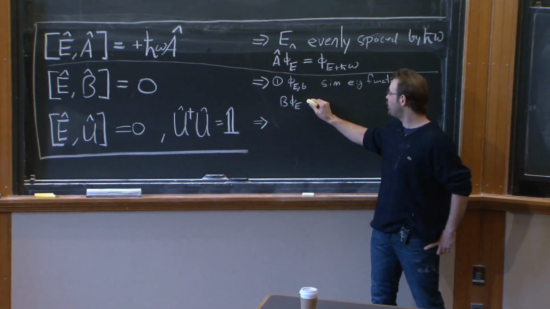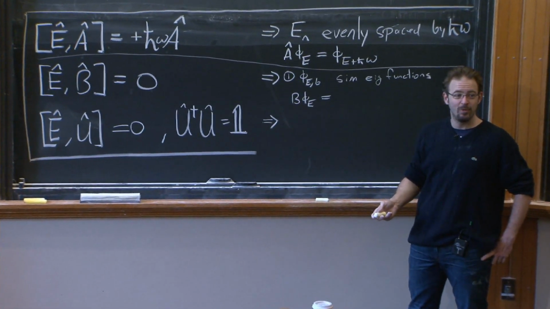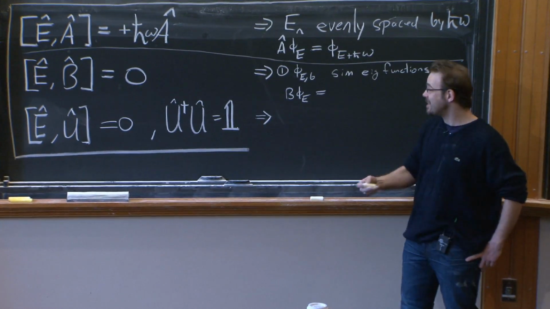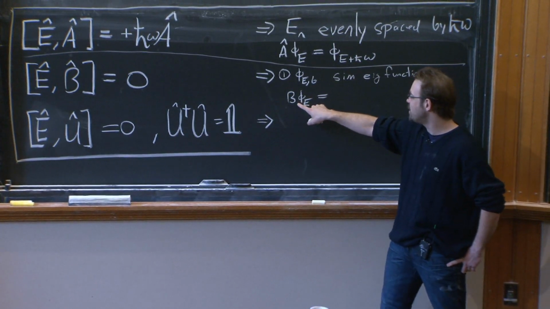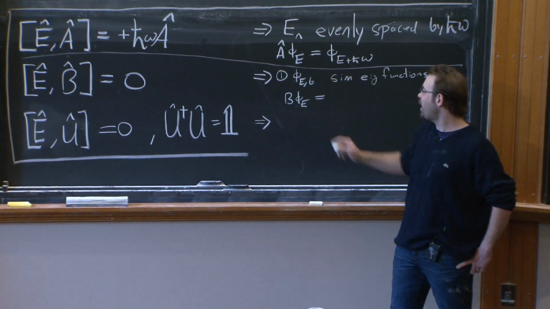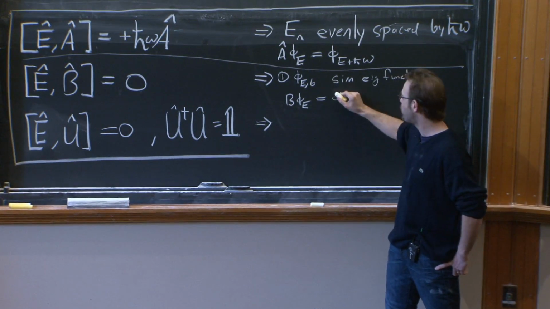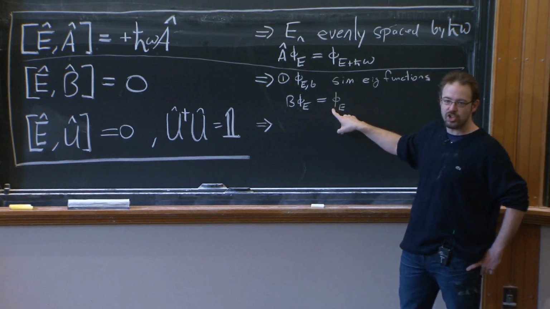What can you say about this function? Well, what is its eigenvalue under E? It's E. It's the same thing because they commute. You can pull the E through, multiply, you get the constant E, you pull it back out. This is still an eigenfunction of the energy operator with the same eigenvalue, but is it necessarily the same eigenfunction?